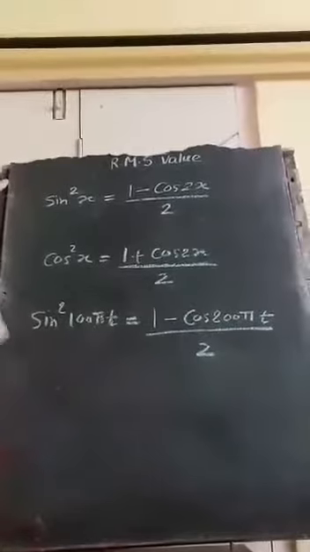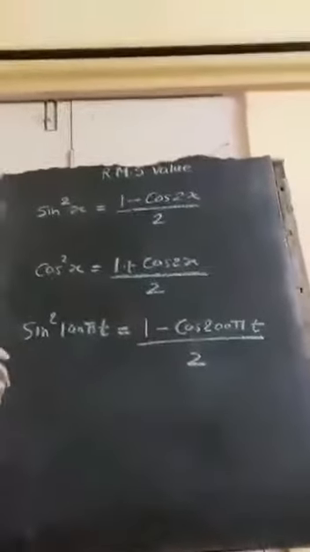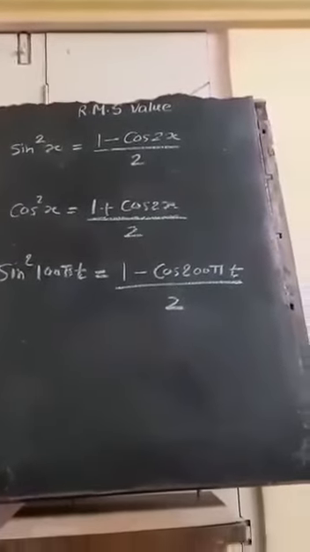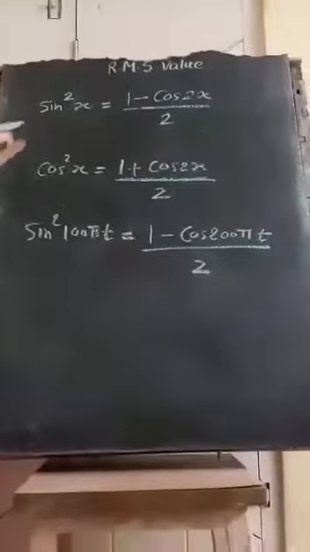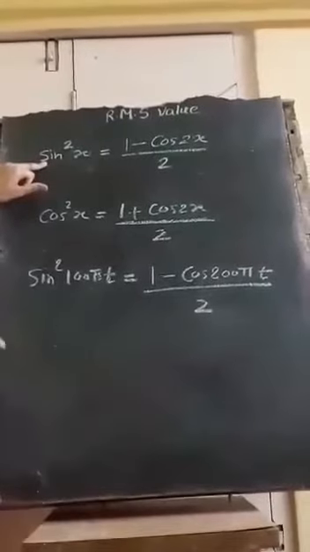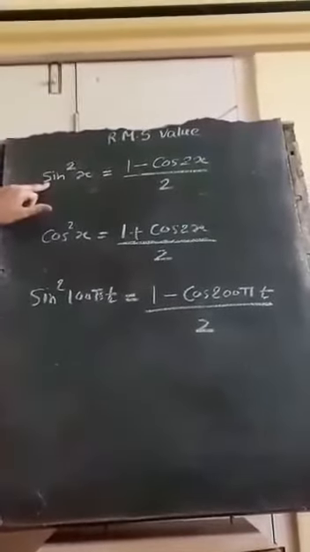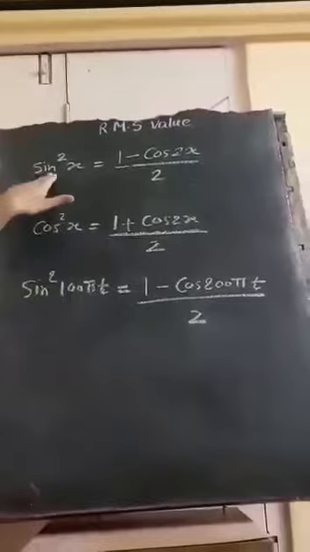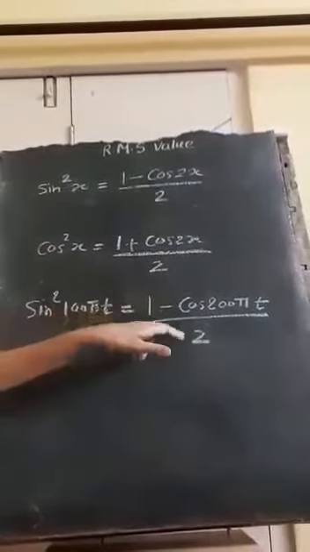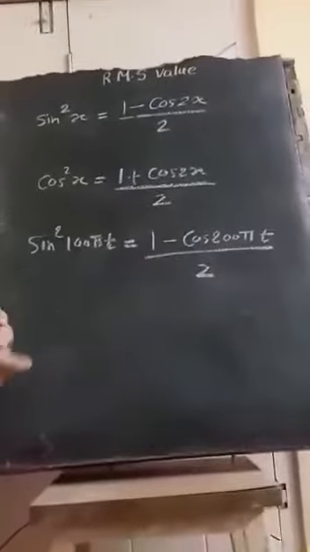Okay, so now what I will do, I will take one problem and I will show you how to calculate RMS value over a complete period or over the given range. Not necessary for periodic function, you have to calculate it over a complete period. If the range is given, then we can use the a to b formula, and the method of solving will be same. Sin square, cos square, whatever it is, you need to substitute like this and integrate. Okay, so I will be taking one sum of that.